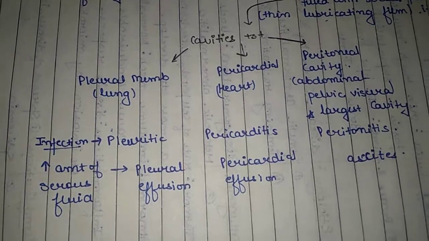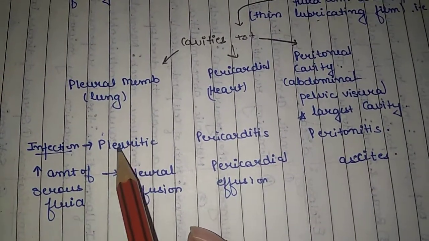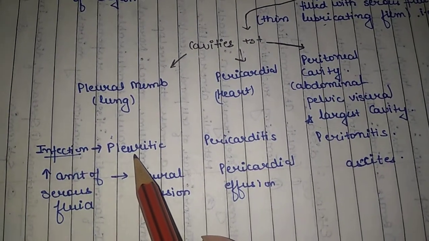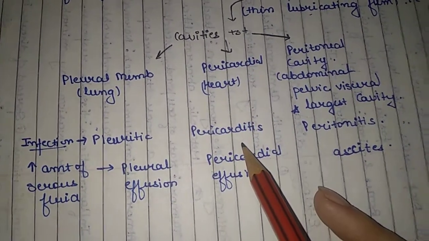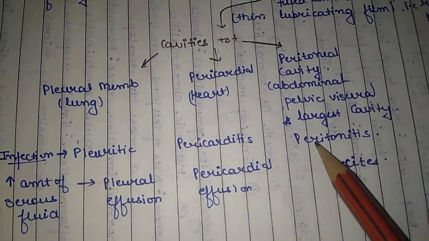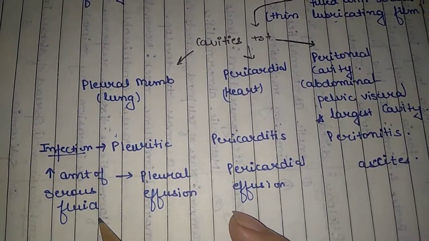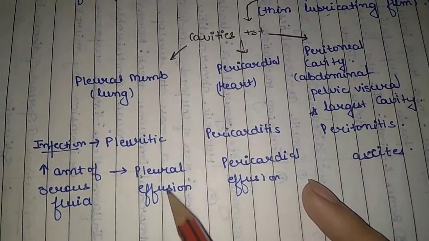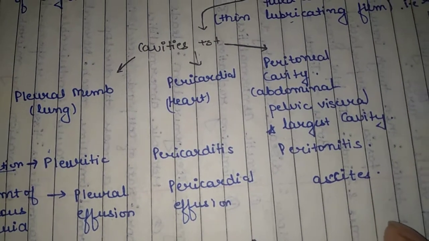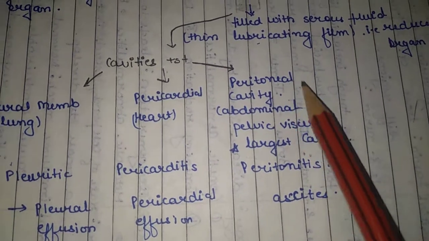Now we will discuss the infection taking place in these three cavities. First, if infection is in the lung, then we call it pleuritis. If it is in the heart, pericarditis. And if it is in your peritoneal cavity, then we say peritonitis. And if there is an increased amount of serous fluid in the pleural membrane, we call it pleural effusion, in the pericardial we call it pericardial effusion, and in the peritoneal we call it